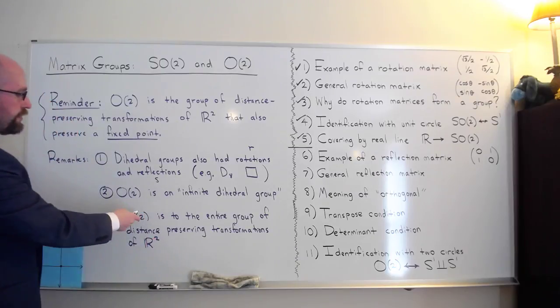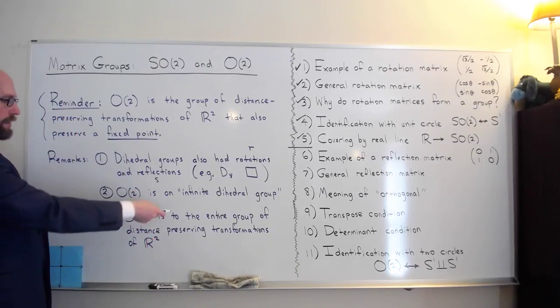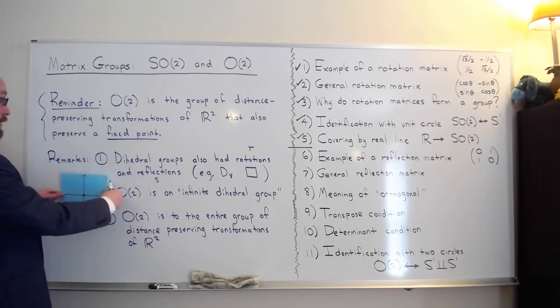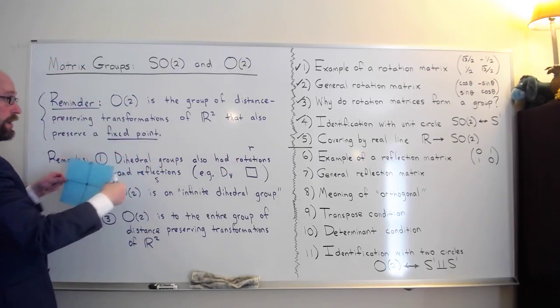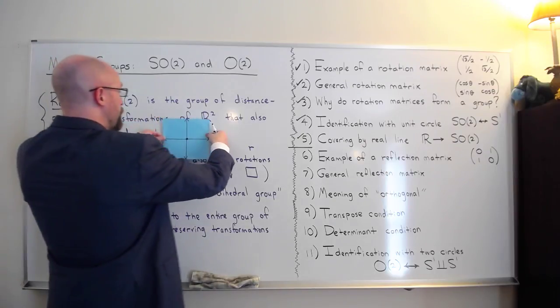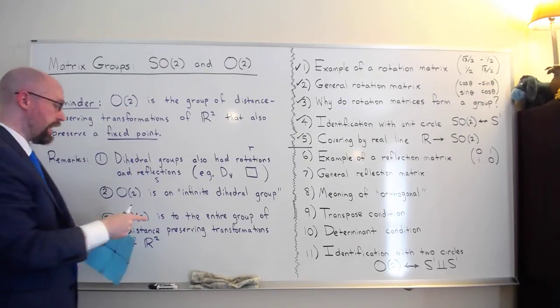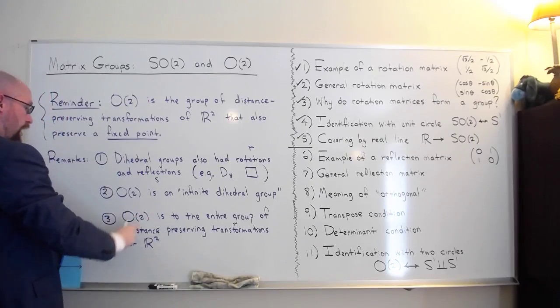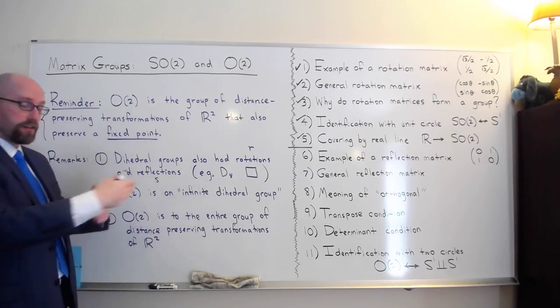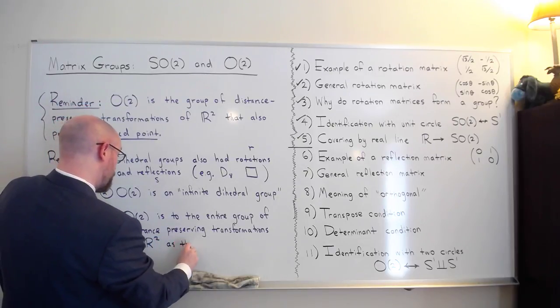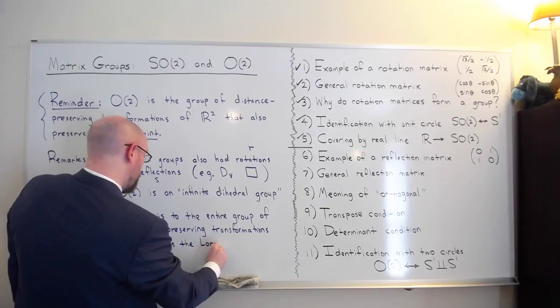So O2, the orthogonal group, compares to the entire group of distance-preserving transformations of R2, which also includes translations, by the way, because I could take this plane and I could just move it somewhere. And O2 tells you you can't do that. You're ruling those out. So O2 is to that entire group, which also includes the translations, as the Lorentz group in relativity